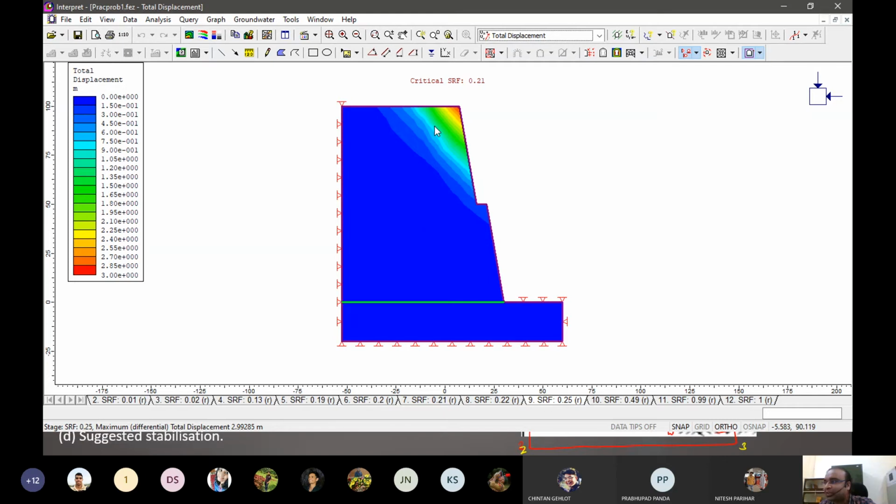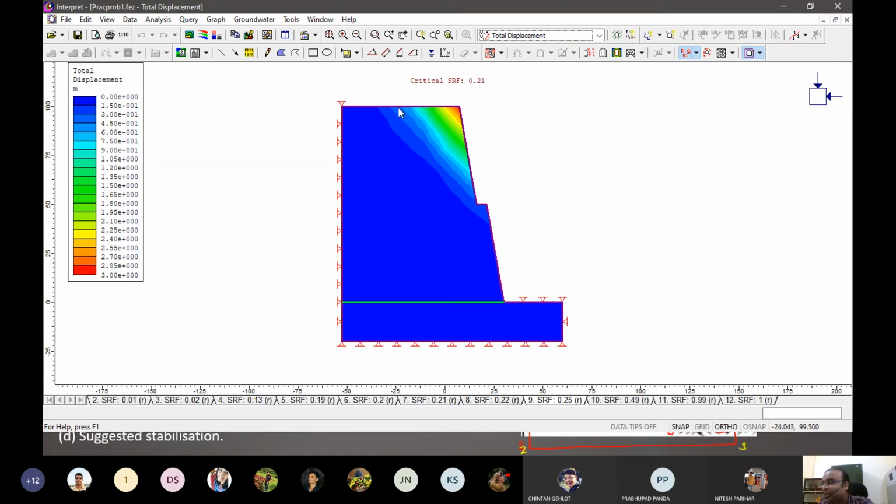So again, things depend on what kind of stability analysis we are doing. In here, we can see each and every element that is failing based on our analysis of individual elements and individual nodes, right? While in the case of limit equilibrium method, we had restricted it to circular or circular-related failures.